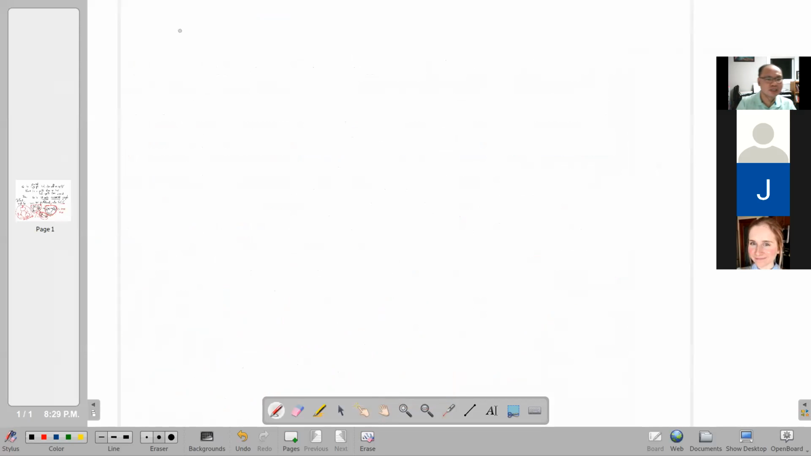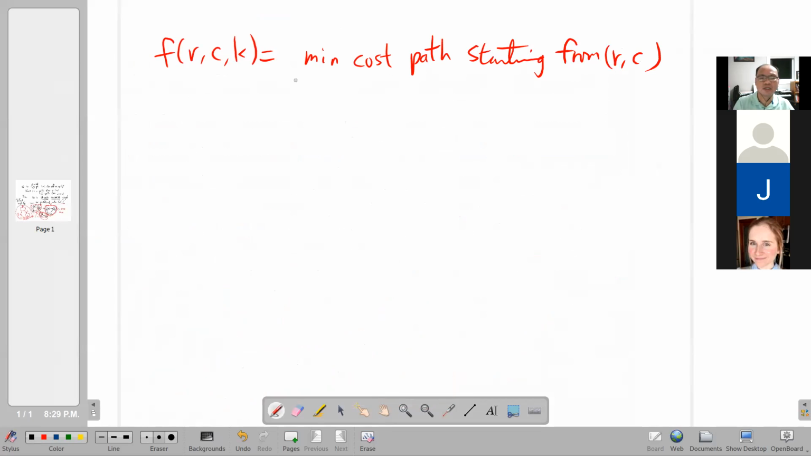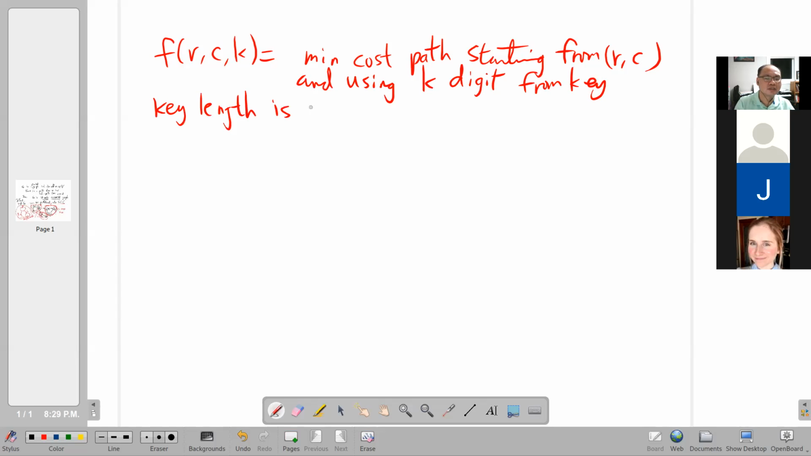So let me just erase everything. F of R, C, K equals the minimum cost path starting from R, C and using K digits from the key. And let's say that the key length is, what do I call it? Length. So we want F of R minus 1, 0, 0, because at the beginning we haven't used any key yet. So base case,